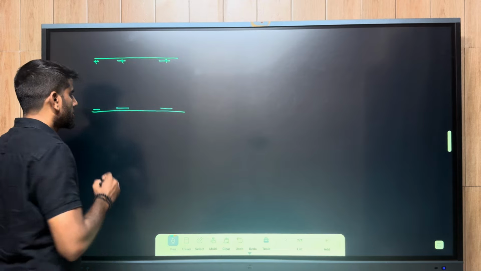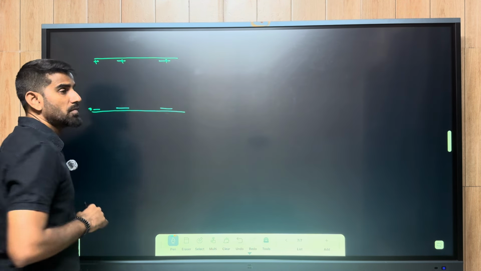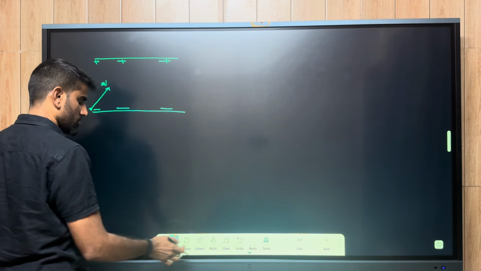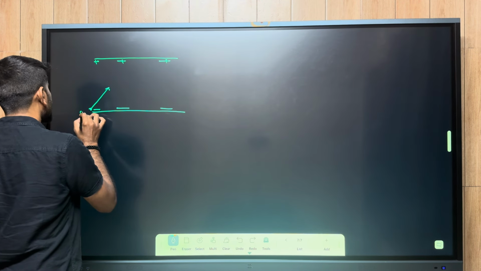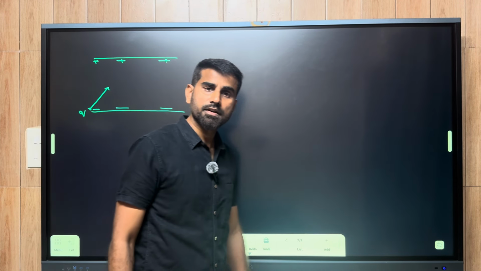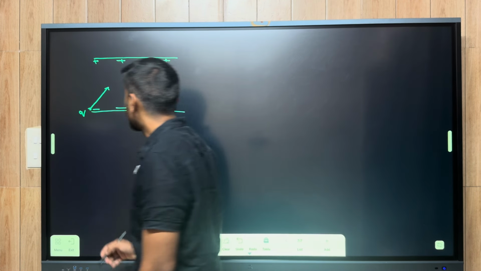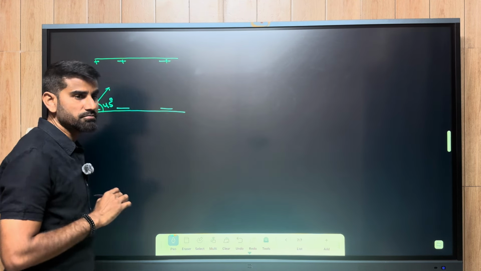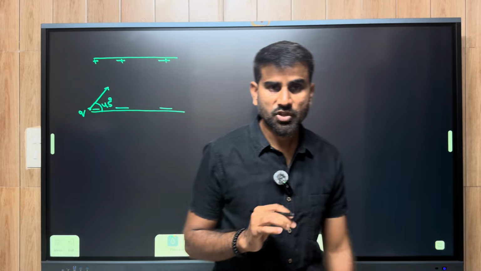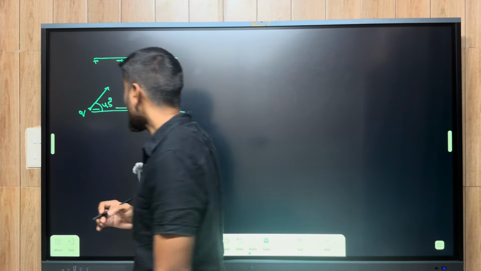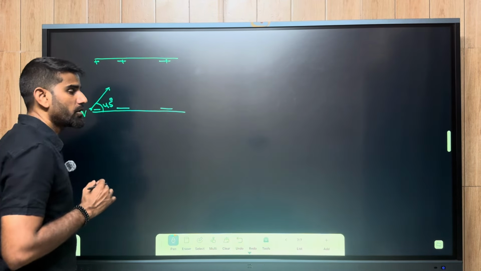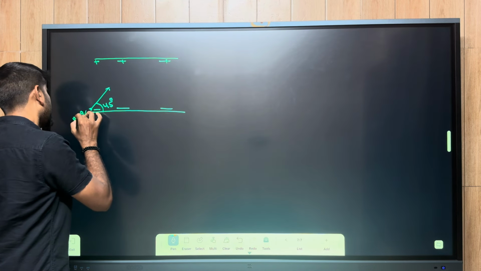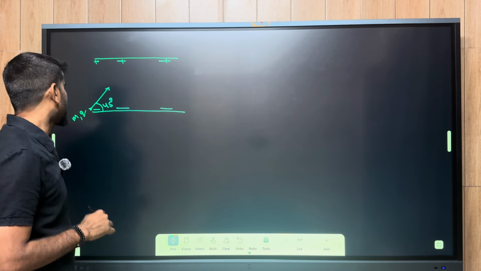Now a particle of charge q and mass m is projected at an angle of 45 degrees to the horizontal